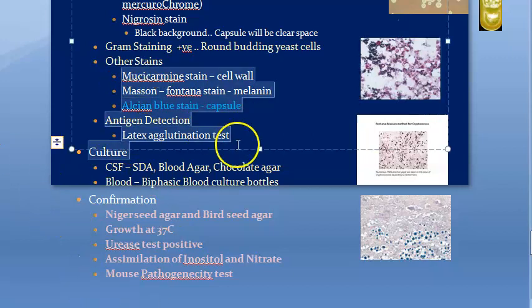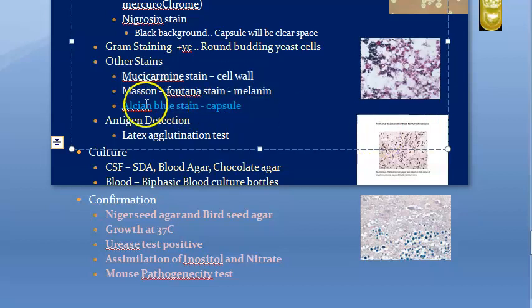Mucicarmine stain, the cell wall of Cryptococcus. Masson Fontana stain to demonstrate production of melanin. Alcian blue stain to demonstrate the capsule. Thank you so much. Moving on, antigen detection: the capsular antigens. Because it has a capsule, there will be capsular